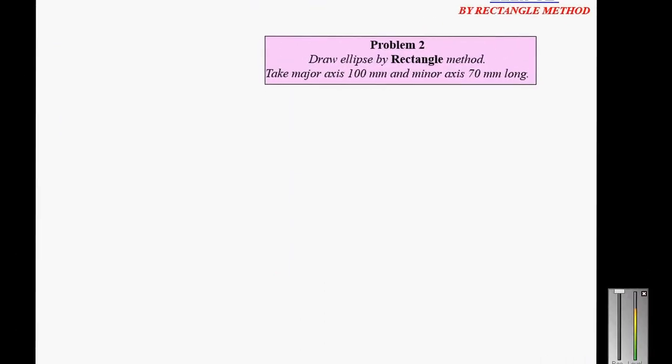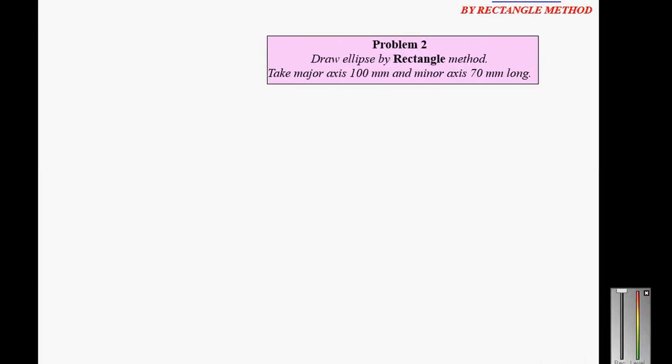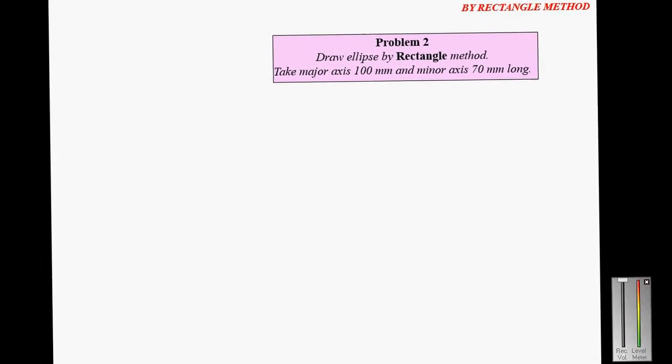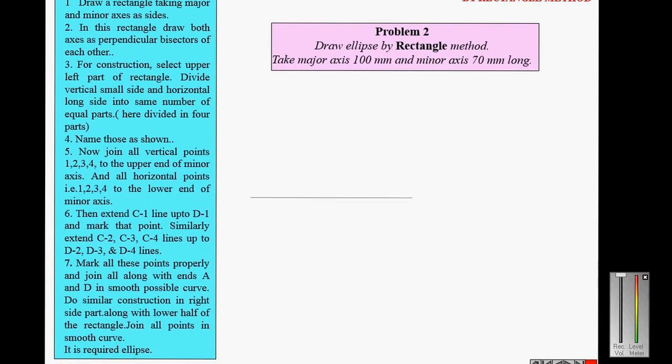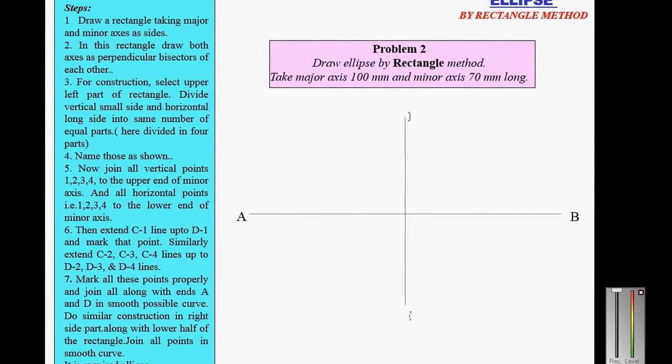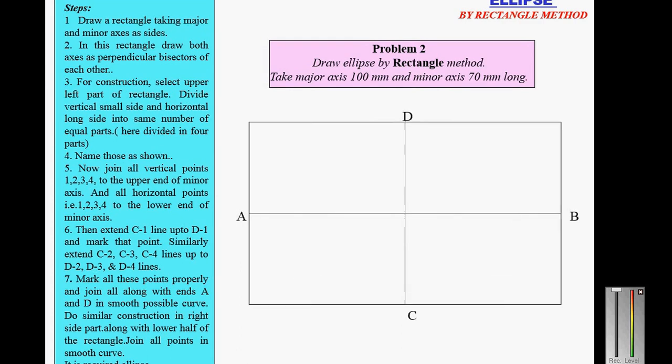And the second question is: draw an ellipse by rectangular method. This method is also called oblong method, and the dimensions given are major axis 100 millimeter and minor axis 70 millimeter. So divide the major axis AB 100 millimeter and the minor axis CD 70 millimeter, and construct a rectangle, and the